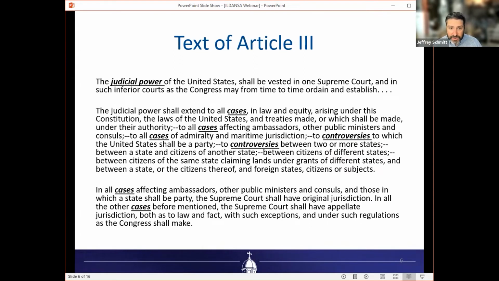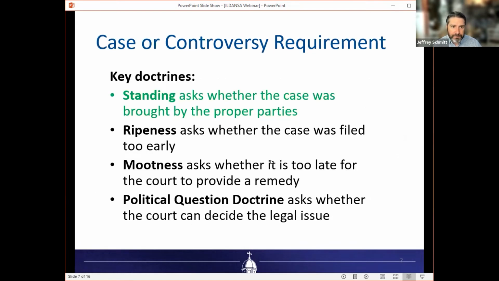This comes from the Constitution itself, right? When you look at the text of the Constitution, it says that the judicial power goes to the Supreme Court. As you would imagine, right? It's a court, it has judicial power. Well, what is that judicial power? Constitution says it extends to cases and controversies. Court does not have the power to otherwise advise the political branches. So they can decide cases, it extends to cases affecting ambassadors, cases of admiralty, controversies, etc. So the Constitution itself limits judicial power to cases or controversies. So that's our big picture concept.